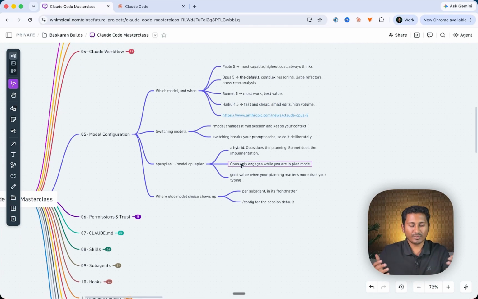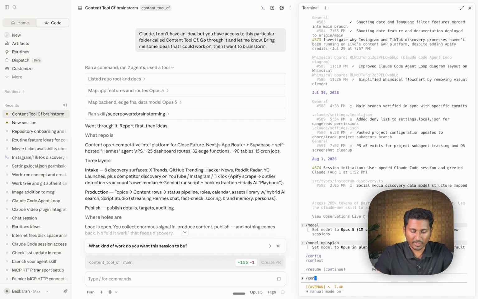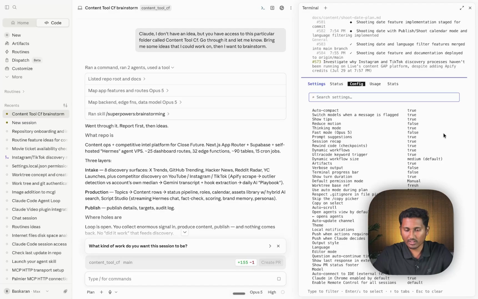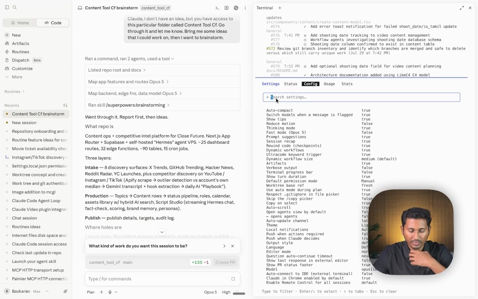Of course, when we create subagents, we can also configure their models. Another thing is /config. When you enter /config, which is configuration, you can check all the different things you can do with it. Let me scroll left so that you have more space to see it. You can check all the different permissions you are given, whether it's in thinking mode, yes, true,